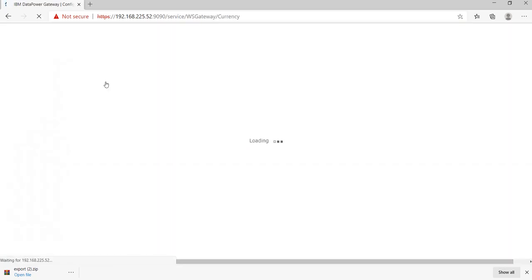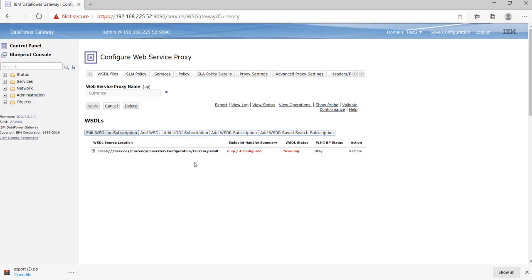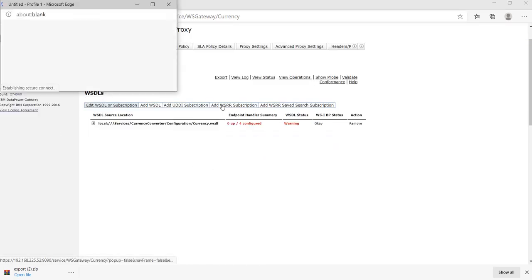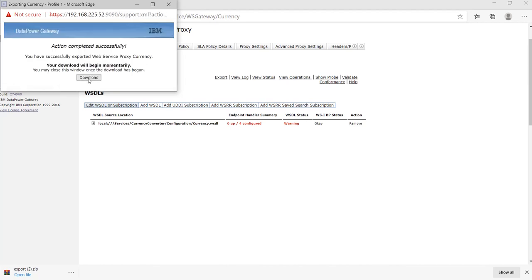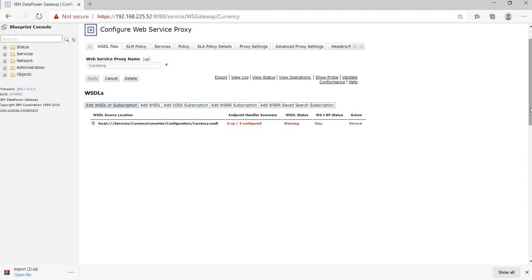Let's say currency. We'll export this object. Okay, download. It's downloaded. Now move to test1.